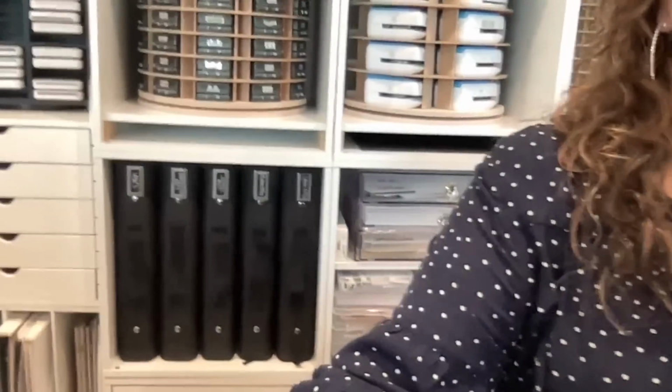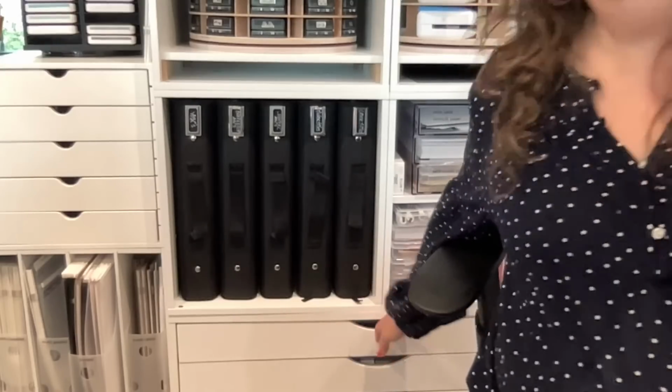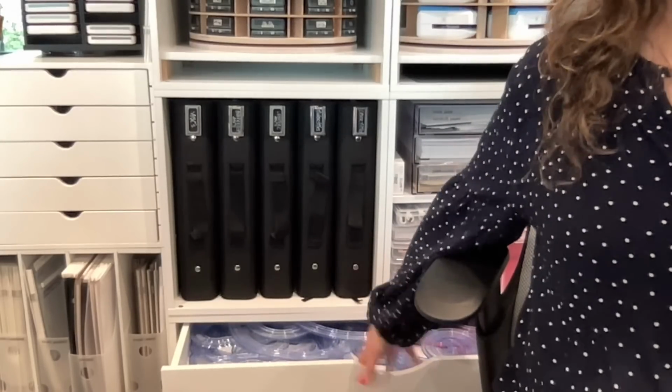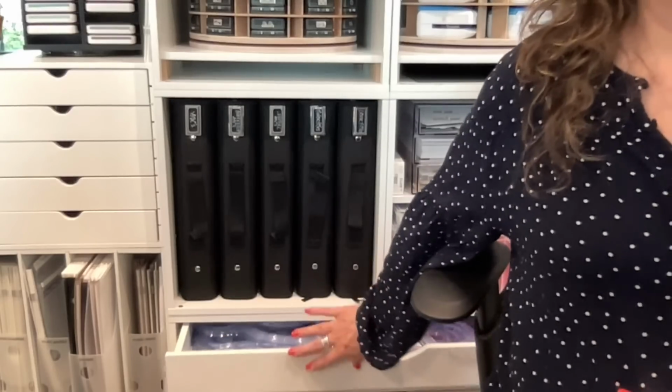And let me see if I can. So we've talked about that a little bit, but just a quick reminder, if I could put it on a drawer, I think I would, but my cutting system is right here. It's in the top drawer right here. Which also, again, if I'm sitting here in my chair, I've got my cutting system right here,